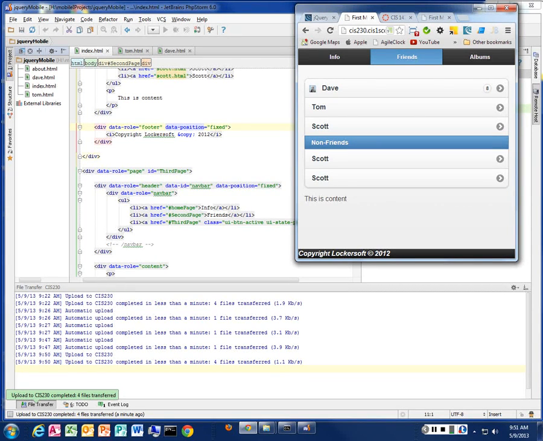So this is a phone, and you see it looks the same. The footer's at the bottom. And if I go to the friends, it shows this. That looks like an app, right? Now it's actually running in the browser, but notice how, because jQuery mobile is running this, it doesn't show